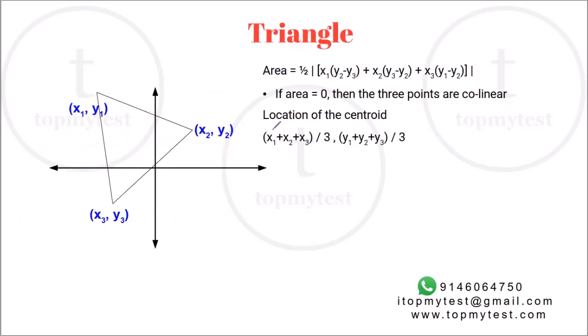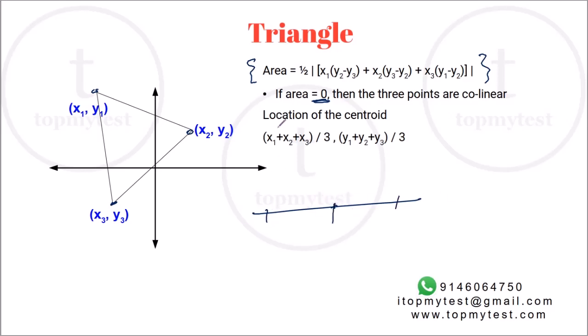Now, if you have 3 points, you might be able to form a triangle, right? Suppose the points are (x1, y1), (x2, y2) and (x3, y3). Now, you can also find the area of the triangle using this relation. This is the chain rule, or you can call it the shoelace theorem, whichever one. If you want to learn more about it, you can search Wikipedia for Pick's theorem or the shoelace concept. You'll be able to find more interesting information about how to find the area of a closed region, right? Now, if the area comes out to be 0, then the 3 points will be collinear. All of them will be on a straight line, right?